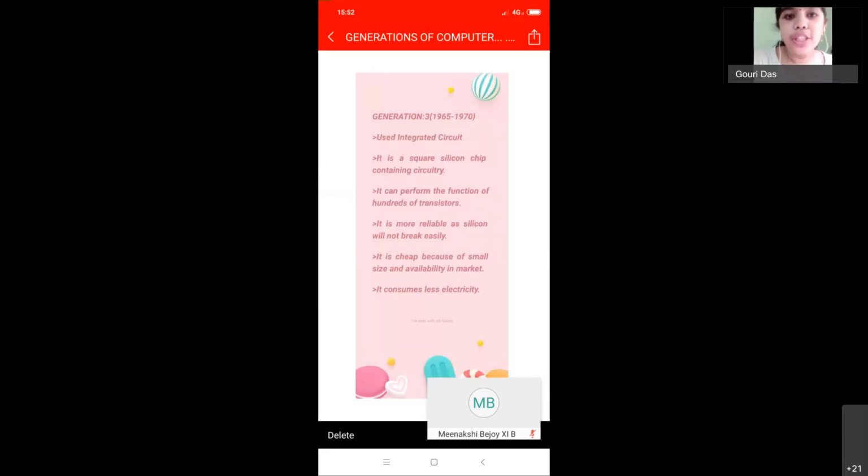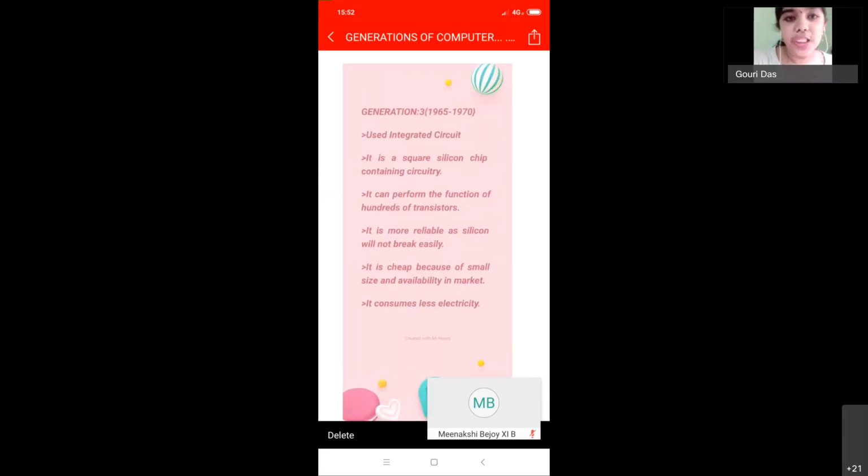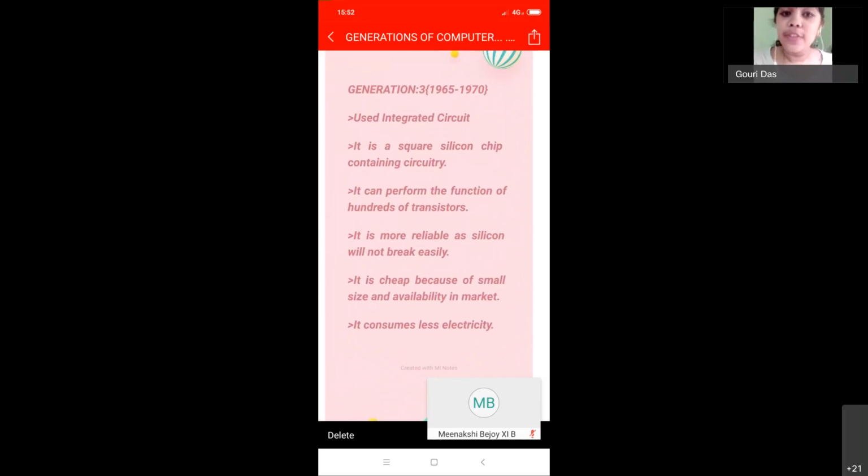Now we'll come to generation 3, which was from the year 1965 to 1970. In this generation, we created the integrated circuit, a square silicon chip containing circuitry. So it can perform the function of hundreds of transistors, which is a big advantage of this generation. It means that a single integrated circuit can perform the function that was performed by hundreds of transistors, which is